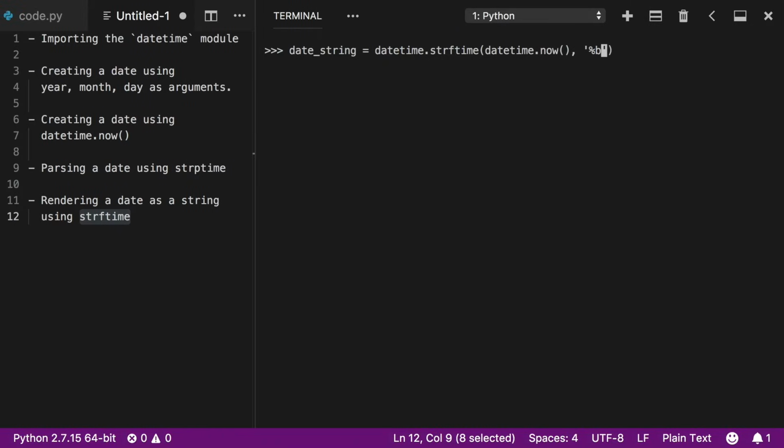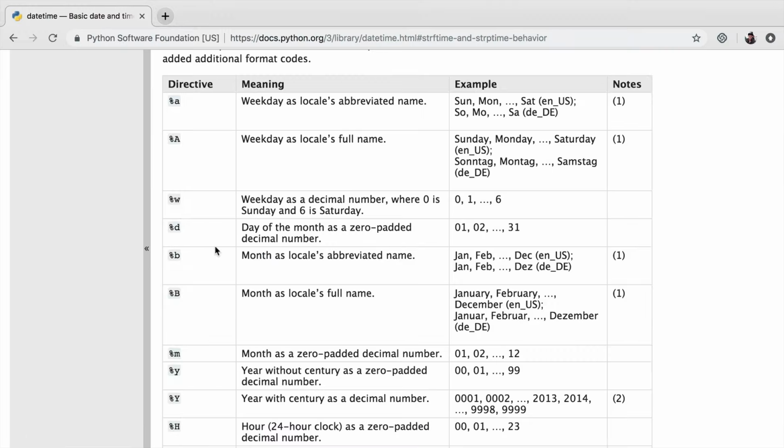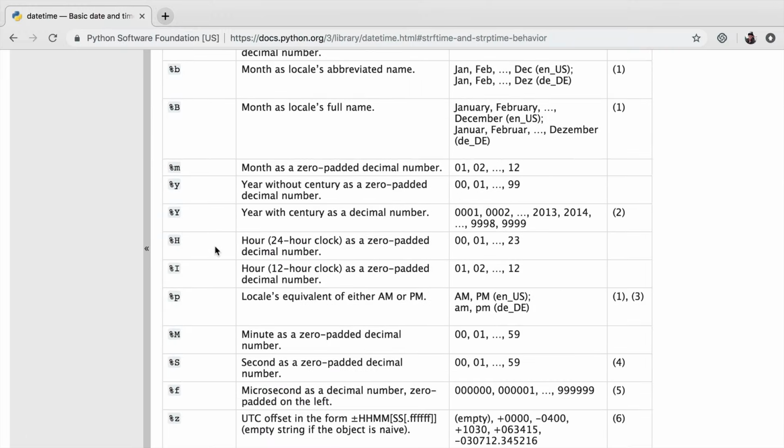So why don't we do the same thing? We'll say %b, and then we had the day, which was %d, and then we had the %Y, which was for year. So if I hit enter on this, and now I print out dateString, you'll see that we get this formatted string just like we had before. So strptime allowed us to take a string like this and convert it into a datetime. Strftime allows us to take a datetime and convert it into a string like this. And so just like before, you can play around with these different format characters. There's a bunch of them over here, and you can create all sorts of cool formats.